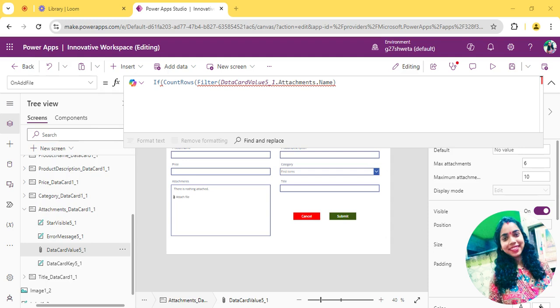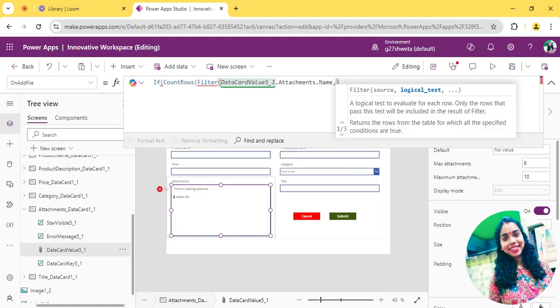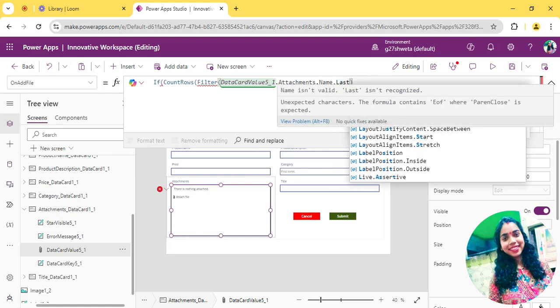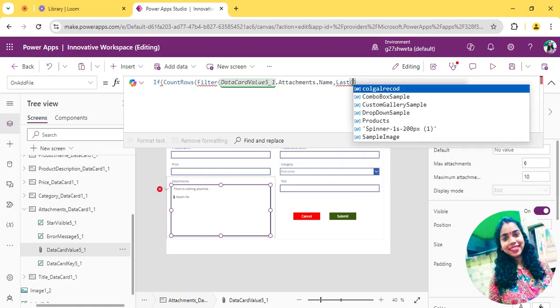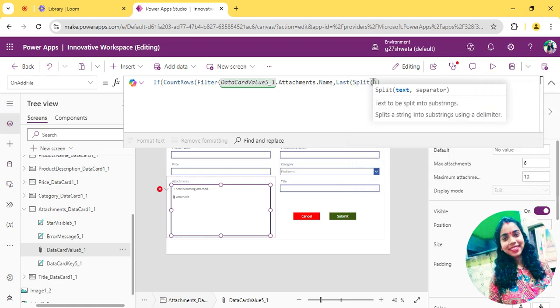Here, after this filter, we will split this name. We are using the last function, split, dot value.